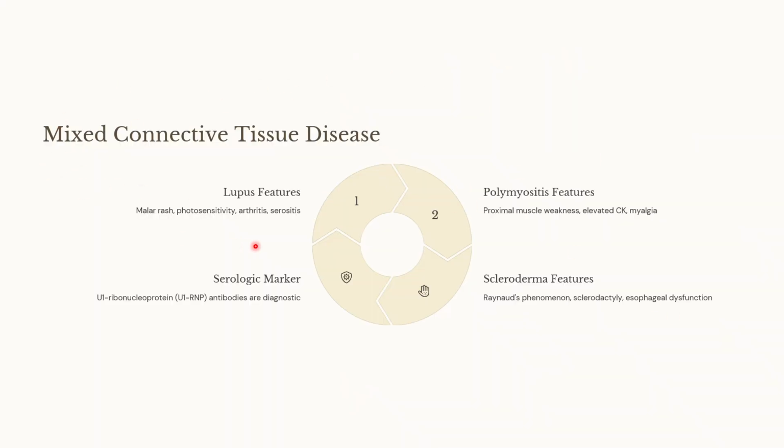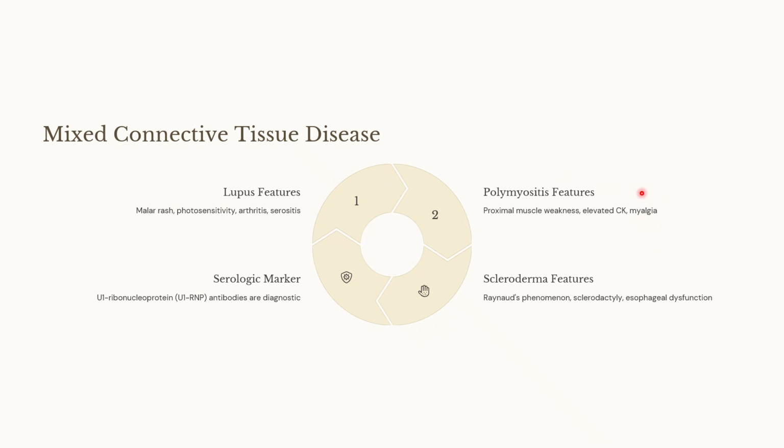Mixed connective tissue disease. Here you need to remember a mnemonic, LPS. Here they will have features which are a mix of three diseases, that is, lupus features. So either they can have photosensitivity, malar rash, arthritis, serositis, anything, and mixed with polymyositis features like proximal muscle weakness with elevated serum creatine kinase with muscle myalgia,